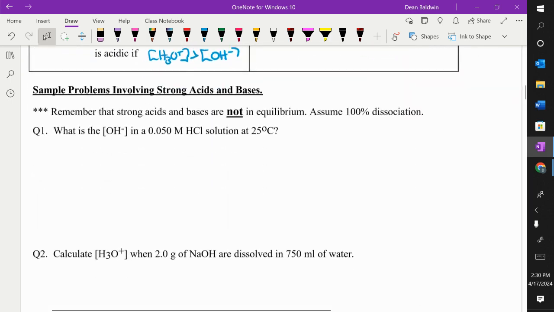Math, everybody's favorite. Strong acids and bases are the first thing we deal with. So what's the concentration of OH minus in a solution of 0.05 molar HCl? Remember, everything we deal with is in aqueous solution, so it's in water. So I just told you that the concentration